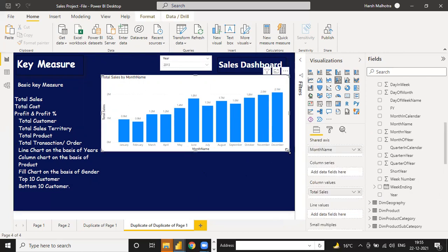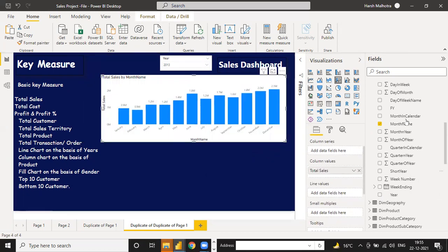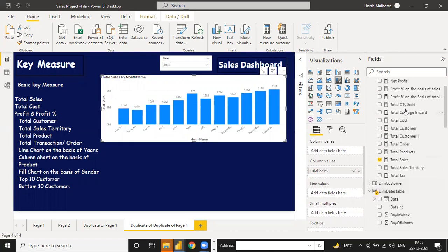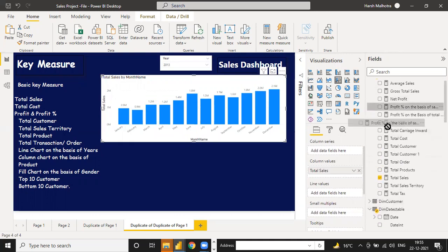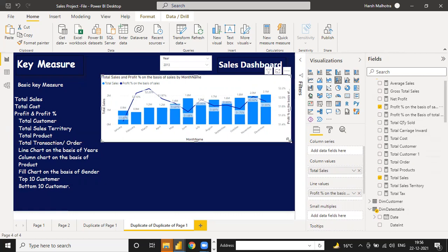In the same way, this is the sales price, and you can compare on the basis of line, net profit, or you can use net profit percentage. This one is your net profit percentage on the basis of sales. So this is your sales wise data, like sales and net profit percentage in one table.